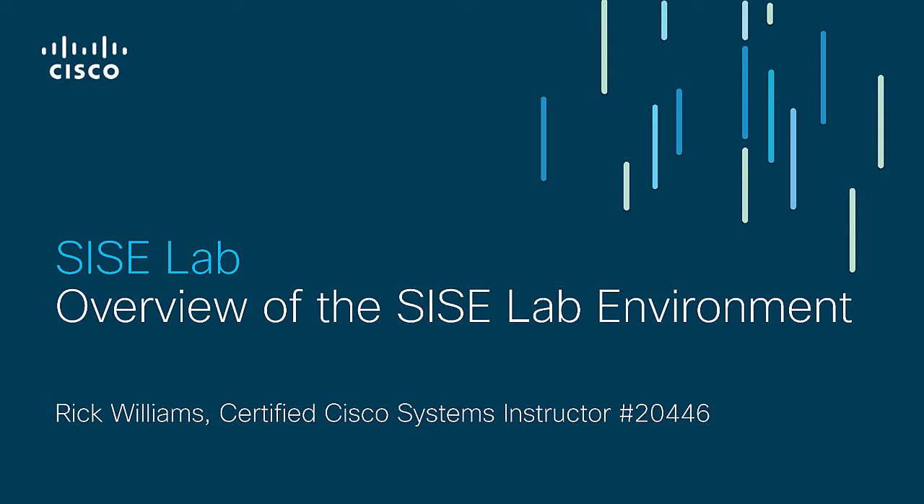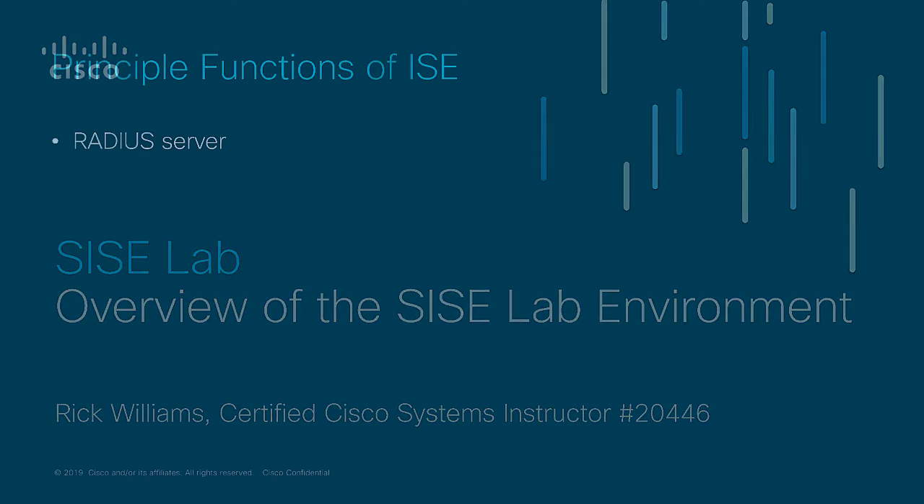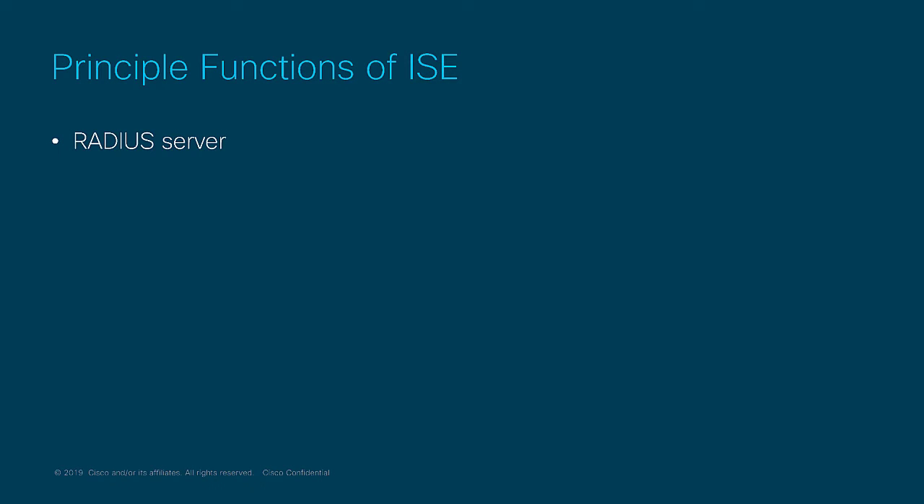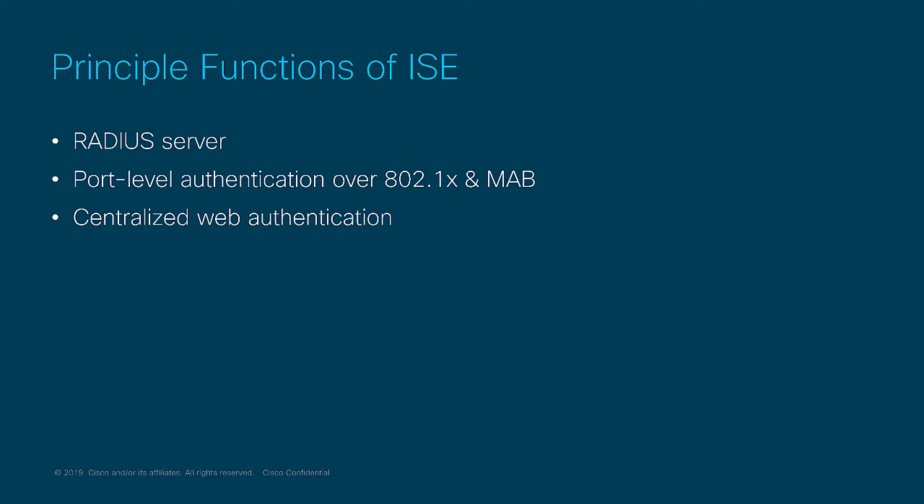In this recording I'll be providing an overview of the lab environment I'll be utilizing in a series that goes over the labs accomplished within Cisco's SISE class, implementing and configuring Cisco Identity Services Engine. The SISE class and its associated hands-on labs cover the principal capabilities of ISE, including its functions as a RADIUS server, its ability to integrate with network access devices to provide port-level authentication over 802.1X and MAB,